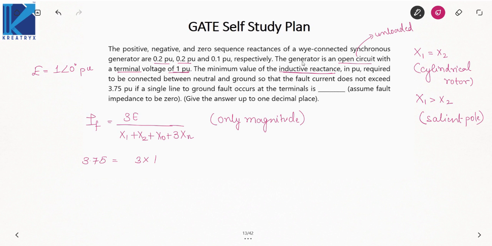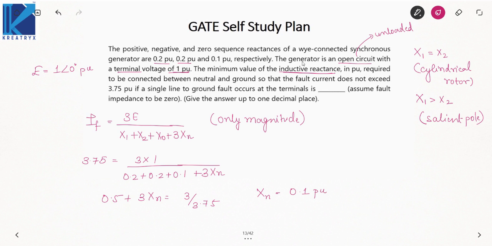EMF is 1. X1 0.2, X2 0.2, X0 0.1 plus 3xn. So 0.5 plus 3xn is 3 divided by 3.75. Okay. So from this I can say xn will come out to be